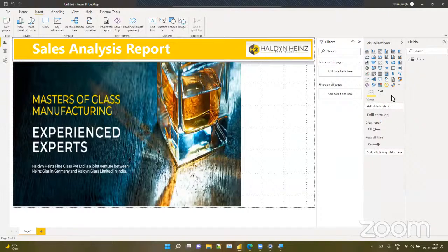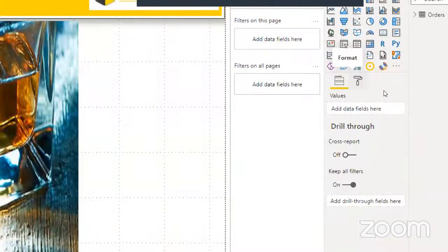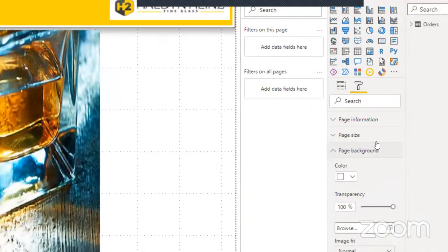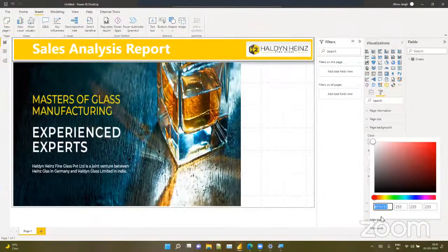So when nothing is selected, now it will show something like this. Okay. Now what next? You have to come over here in format, go to page background, go to colors, go to more colors over here. Okay. And paste the